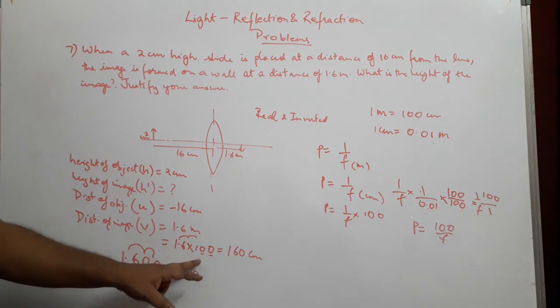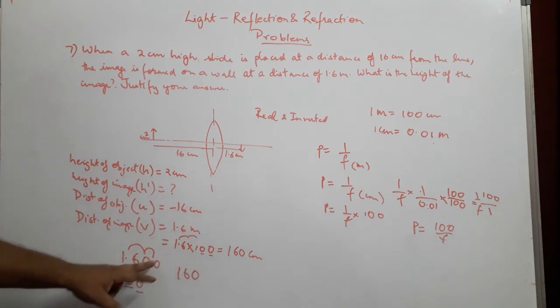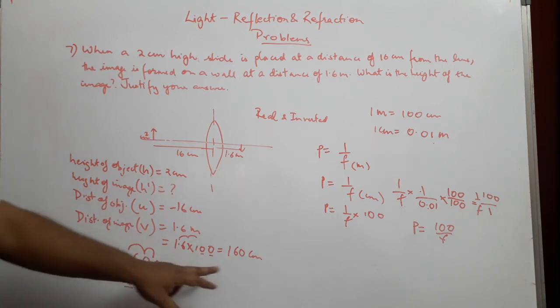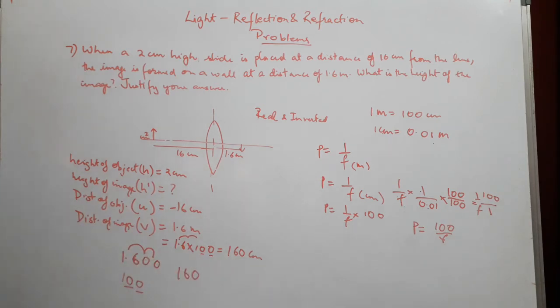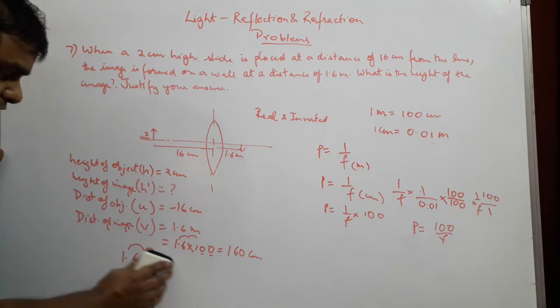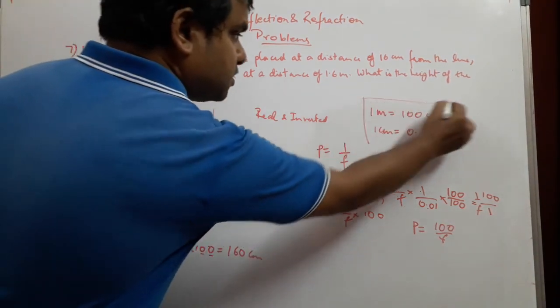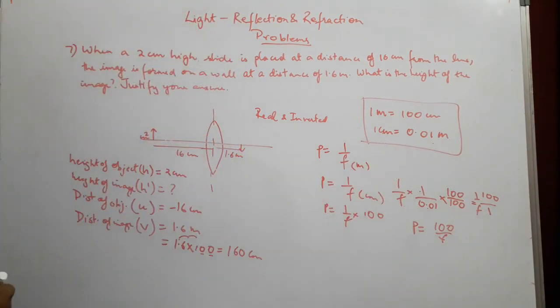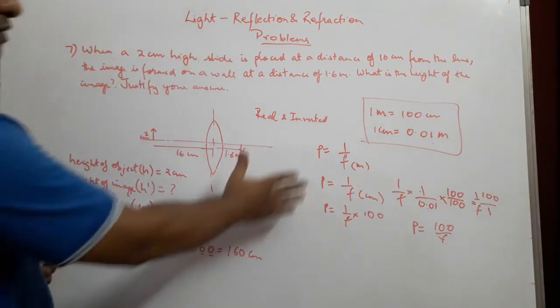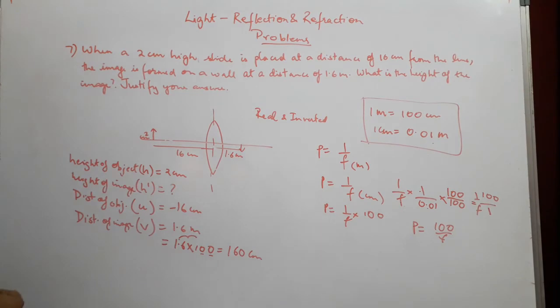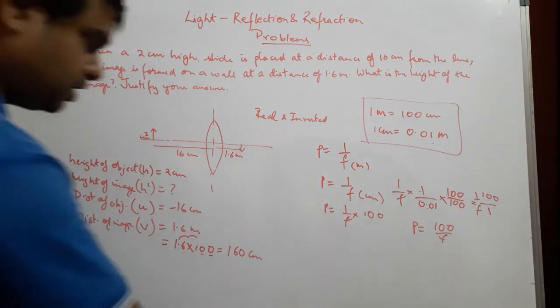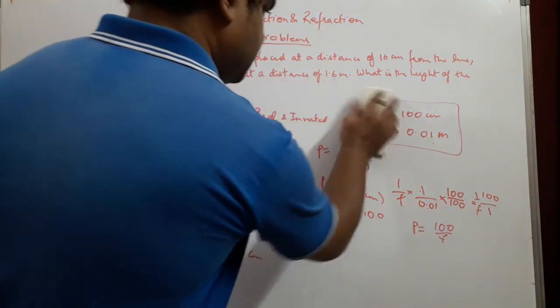And now you can do the same thing by the long multiplication method, where you multiply 100 into 1.6 and you will get the same answer. But I hope you have understood how we have got 160 centimeters from 1.6 meters using this conversion. Okay, this conversion also holds true when finding power of the lens when the focal length is given in centimeters. Now coming to the real problem,